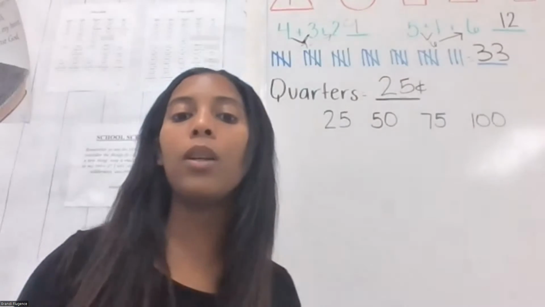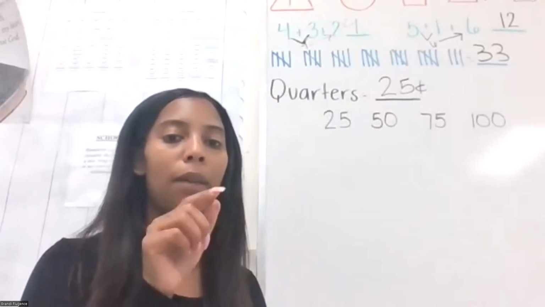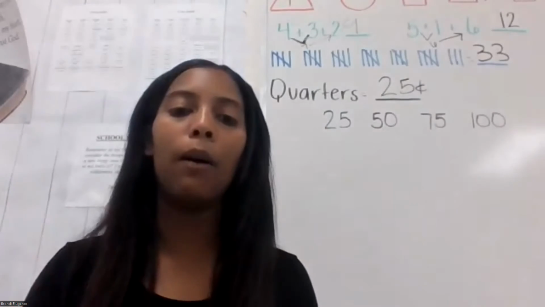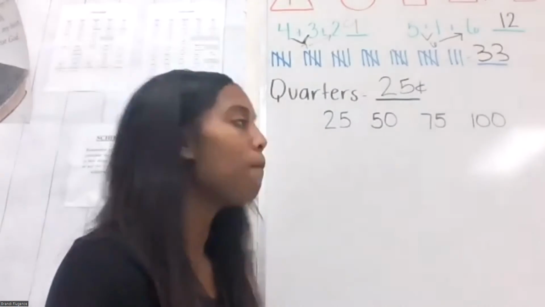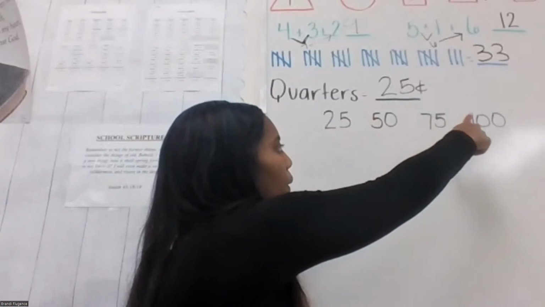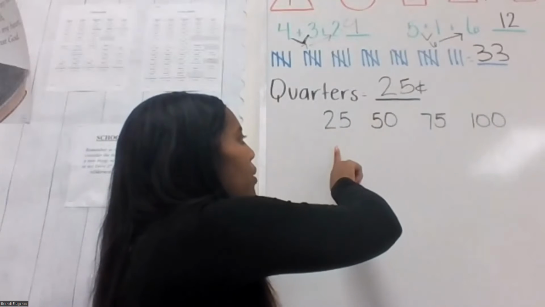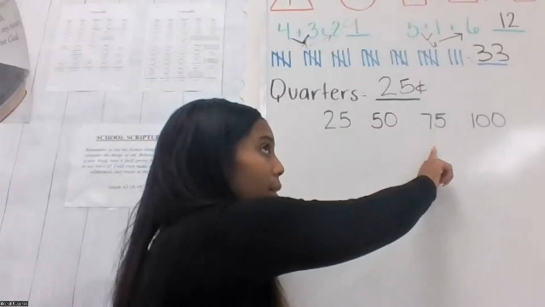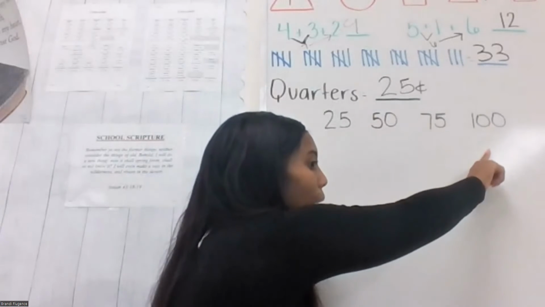That's your quarters pattern. So in your book today, you will have quarters. Count them out. 25, 50, 75, a dollar. That will help you to figure out your amount. Okay? So let's see if we can keep counting. So 25, 50, 75, a dollar, $1.25, $1.50, $1.75, $2,